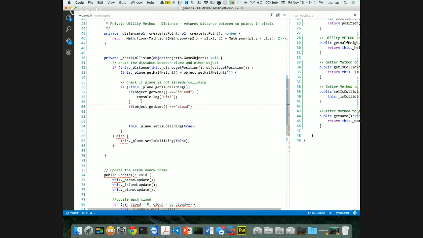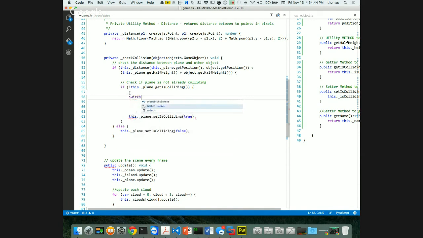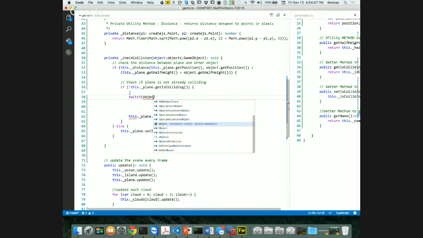And now you're going to say, Tom, why don't you use a switch statement? As I should. I could, because I can switch object.getName, whether it's an island or a cloud, depending on what the string is. That's the better method, and so I should probably do that instead of using if statements. So let's wipe this away, because I saw Stephen's face and he reminded me of this whole problem I'm causing. It's my fault, of course. So what I want to do is say switch Object.getName,